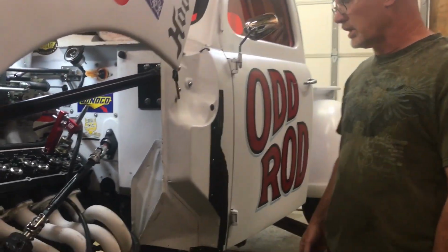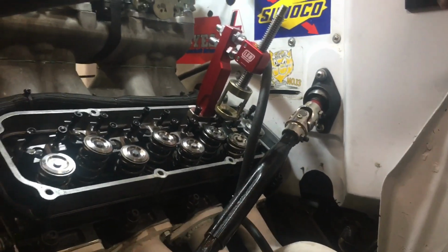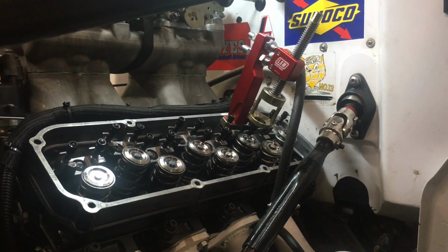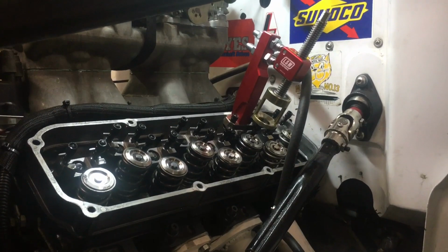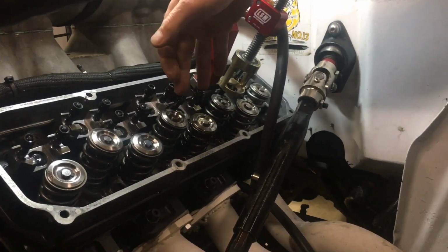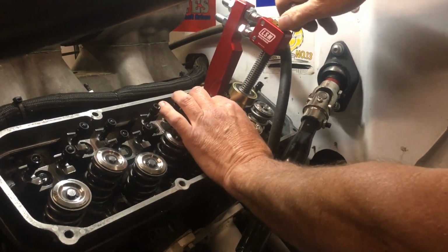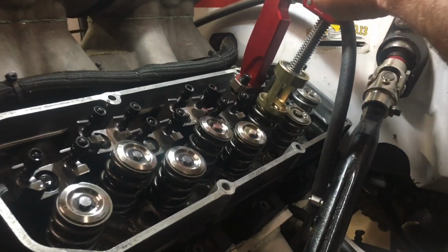So anyway, we're now in the process of putting a new set of springs in. And I thought I'd show you real quick what we're having to do. Ben has already removed all of the rocker arms, push rods, and everything, and I've already changed 2 springs back here, so we've got 7 more cylinders to do. We've got this tool made by LSM Racing Products that is really neat. It bolts in place of a rocker arm and lets you compress the valve spring with it on the motor, and it is well worth